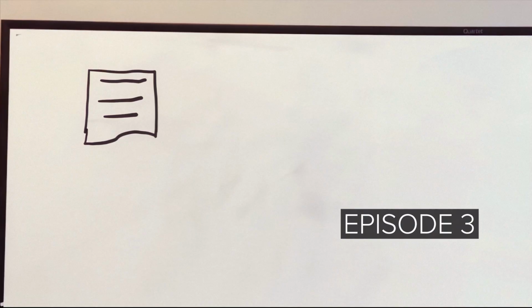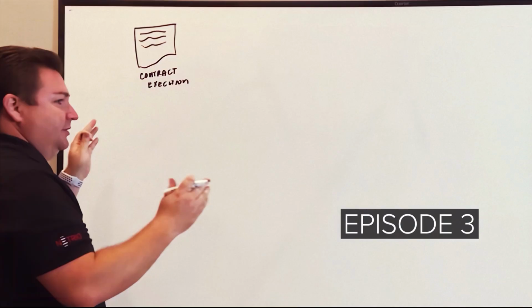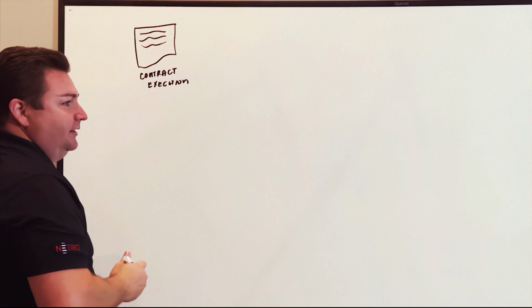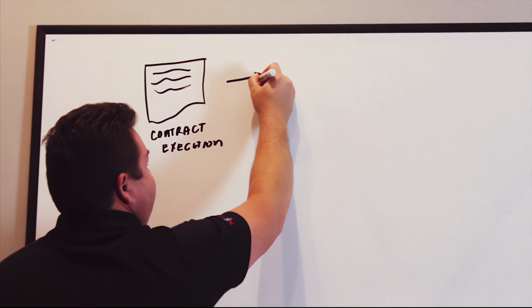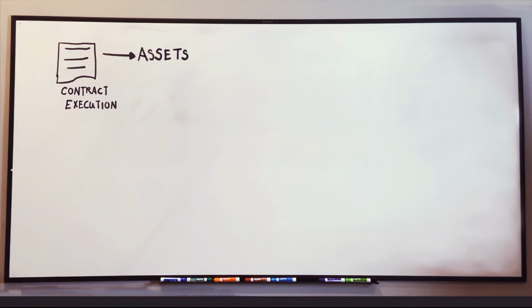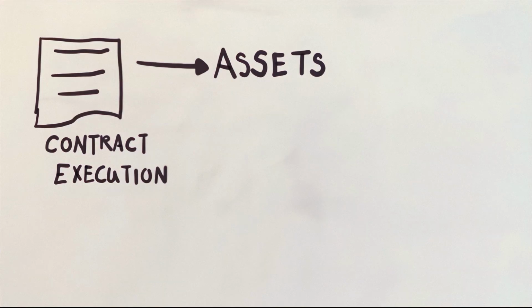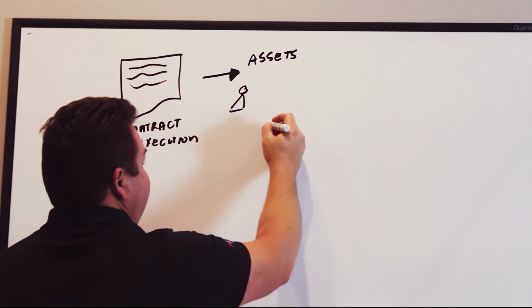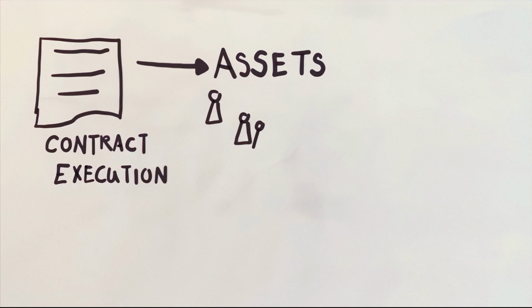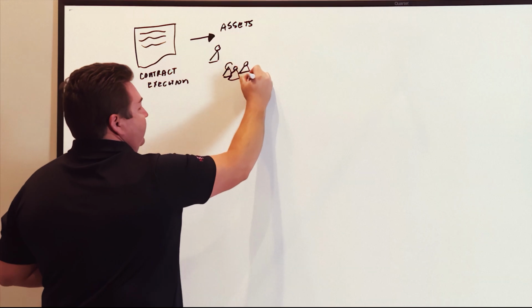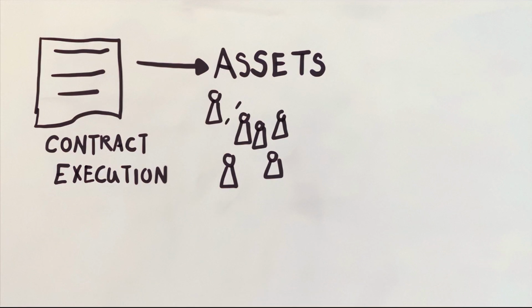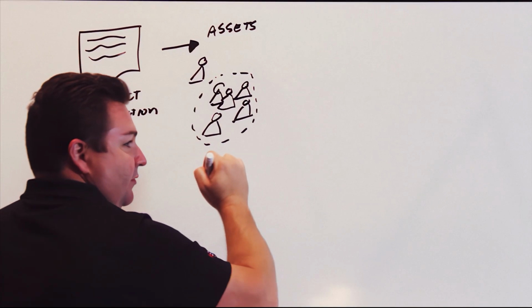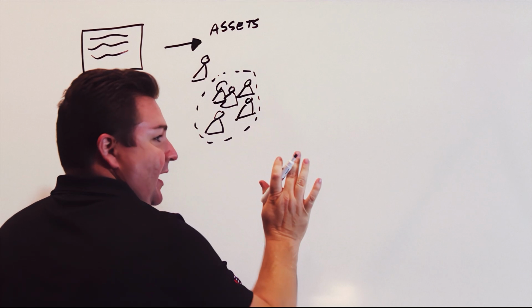So we'll stay out of the specifics of contracts and negotiation and all those things and just assume that we have a nice clean contract to execute, right? So what we're looking at inside that contract execution is the number of assets. As an IT organization, we want to understand the people, functional critical points of contact in the organization. We want to understand groups of people and what their specific needs are. So you may have HR in here, you may have finance, sales, operations, the various functional areas of the business. So you've got individuals, members of groups, and I'm treating them as human capital, so they're assets,